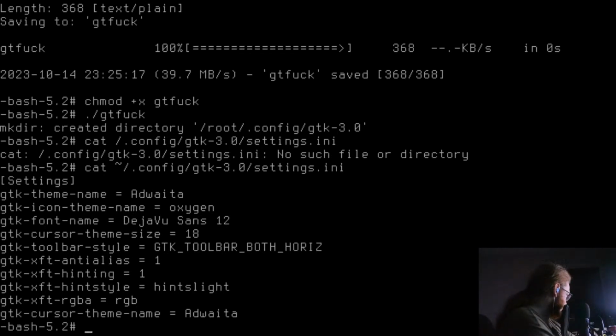Right. Okay, we've now done GTK+3. What's next? I know, all of that for libxfce4ui.